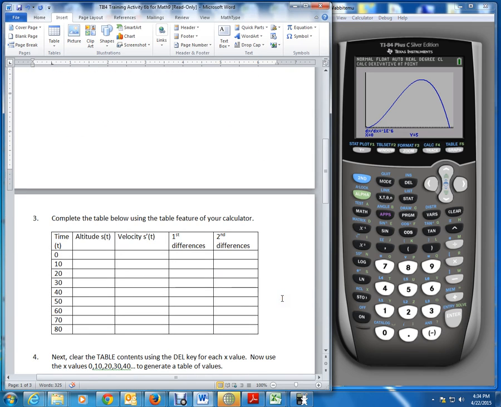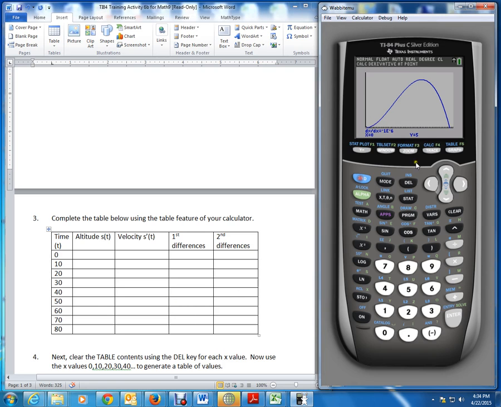So how can we use the table feature rather than having to use the calculator repetitively or redundantly to do every single value that you find in the table? Well, just to do one more example, let's go back to second calc or second trace or calc, and let's calculate the velocity of the rocket at time t equals 10, just to get our table started. So at time 0 we had 0 was our velocity. At time 10,